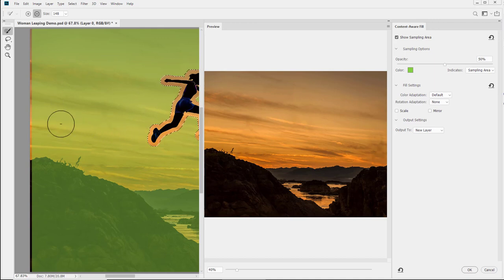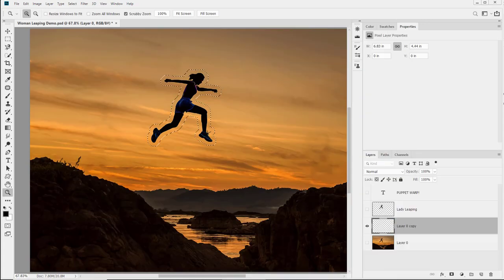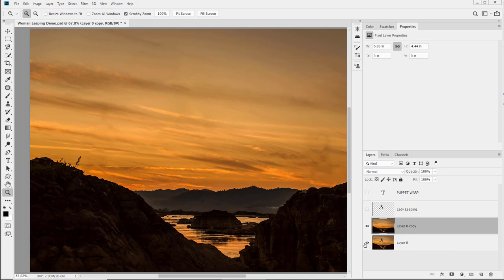It has this little mask going on that shows you where the sampled area is, and you can change the opacity on it. That's about it. It has the color adaptation if you need to change that to higher or lower, rotation adaptation, scale, mirror, all those. We don't need to do any of those right now. Same as the tools I've demonstrated in past videos. The only difference really is that we have the ability to create it on a duplicate layer. So I'm going to tell it OK, and voila, Control D, I've got a duplicate layer of the fill, and